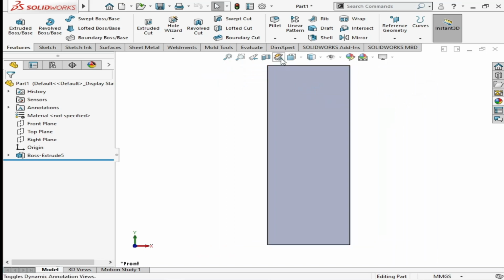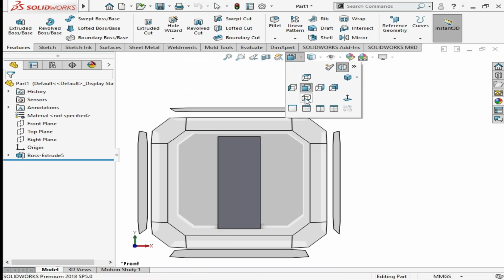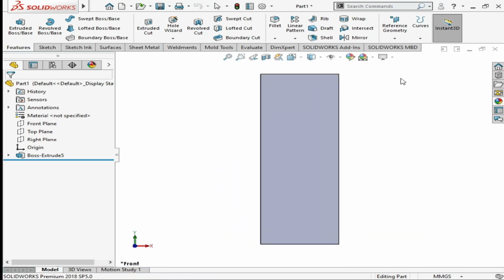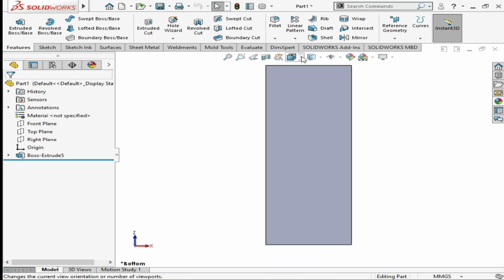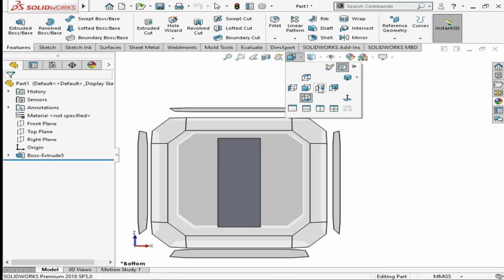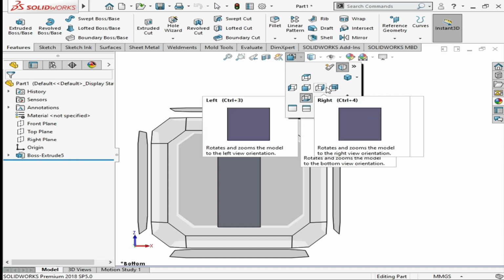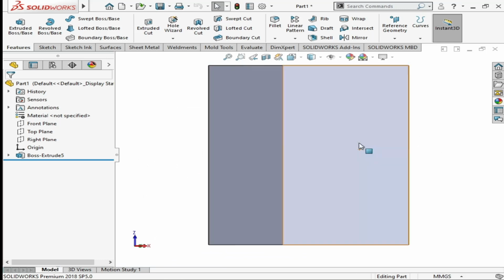Now this is the front view of this geometry. After that, we will see control 6 for the bottom view. We will simply click on control 6 and it will give the bottom view. And in this way, there are many views. Control 1, 2, 3, 4, 5, 6, 7, and for normal view you can simply click on control 8.